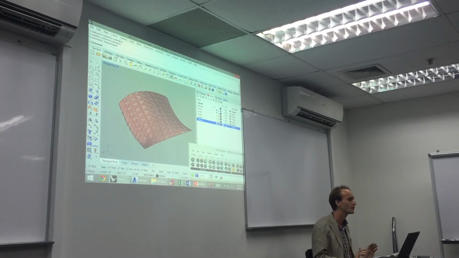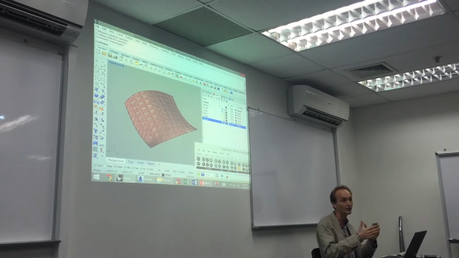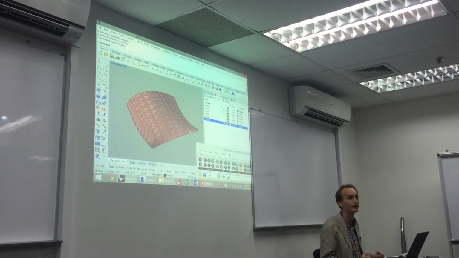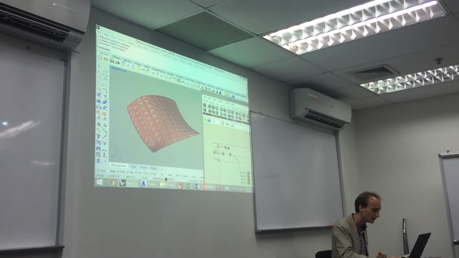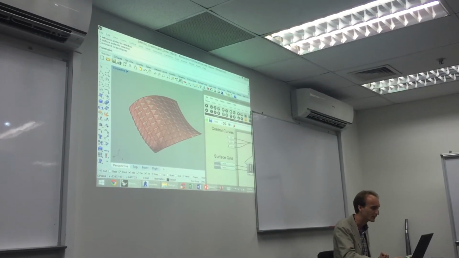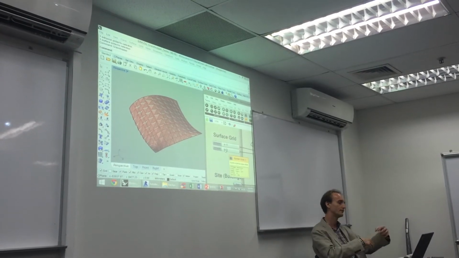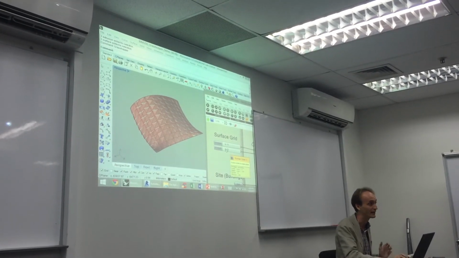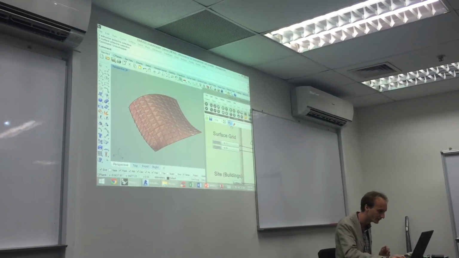We have this irregular shape, but at this point I already know what the shape of these triangles should be and where they are located in space, which is a useful thing. And because it is parametric, I have, for example, two input parameters which define how many panels I have. And because it's a live update,